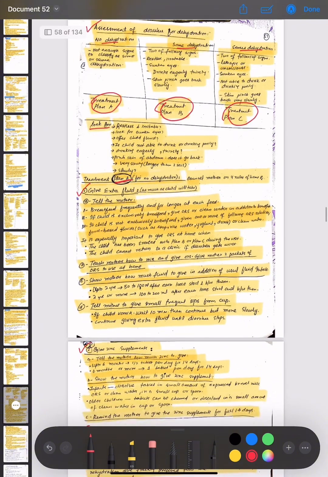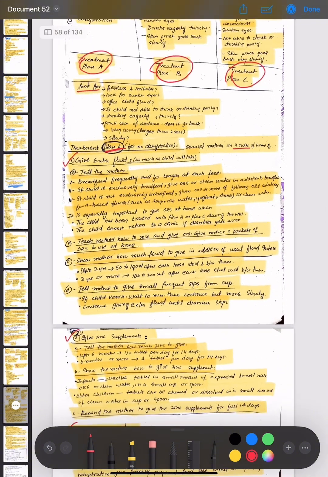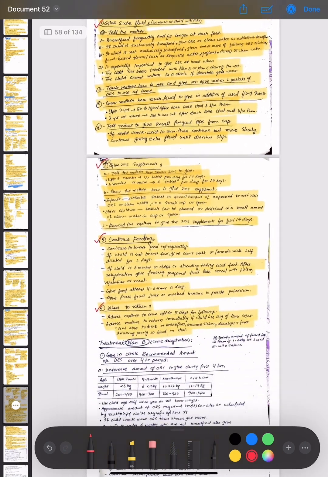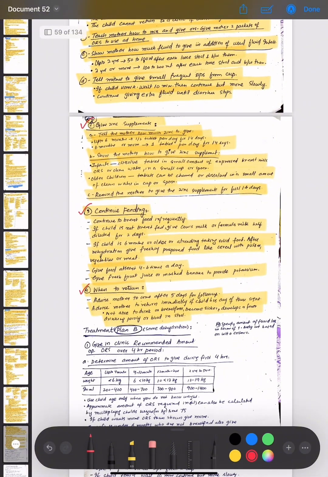So we have discussed the 4 rules of treatment plan A. The first is give extra fluids: tell the mother what to do, teach the mother how to mix and give ORS, show the mother how much fluid to give in addition to the usual fluid intake, and tell the mother to give small frequent sips from the cup. After that, the second step is give zinc supplements, that is, tell the mother how much zinc